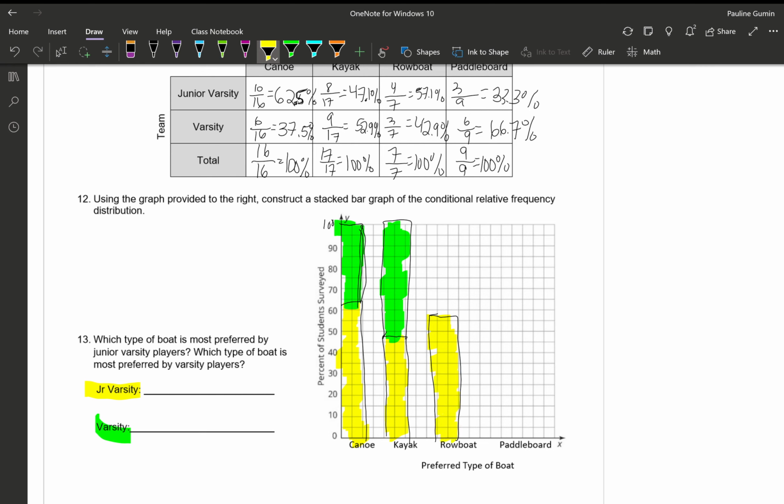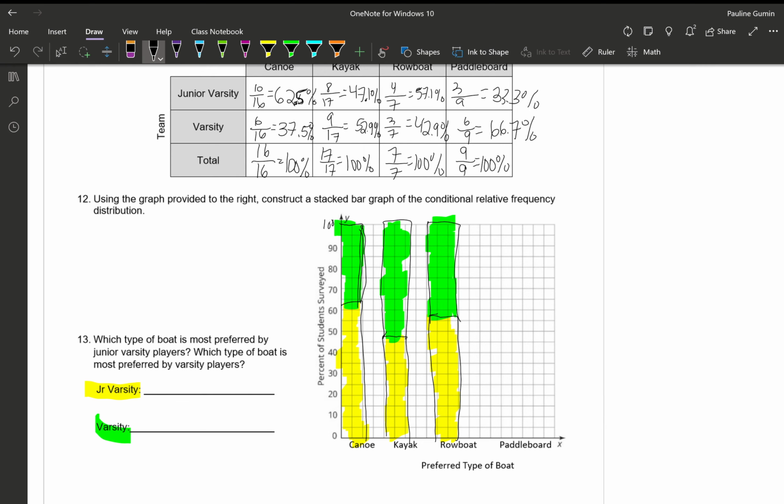And then, of course, varsity is 42.9, and I know it ends at the very top because they add up to 100. I promise the answer key I have posted on Teams is way nicer looking. Okay, and lastly, paddle boat,